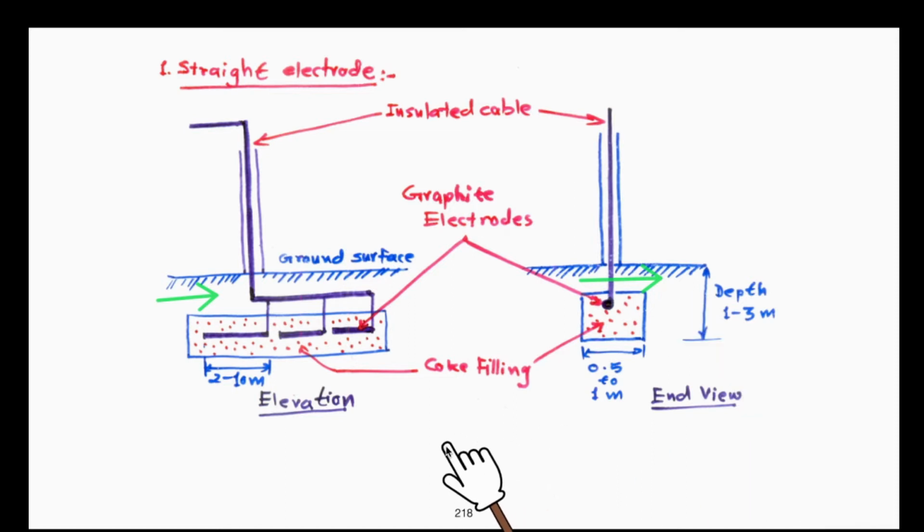So this is the basic constructional detail, and not only the coke filling and soil is there, they are compacted as well. Compacted means they are thoroughly pressed with suitable arrangement in order to ensure that there is no loose contact between the electrode and the nearby crushed coke, and no loose contact between the crushed coke column and the surrounding soil. So everything is properly compacted, so there is no air trapped or no voids inside, in order to have better connectivity.